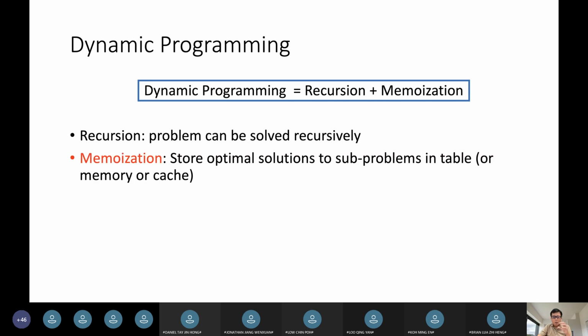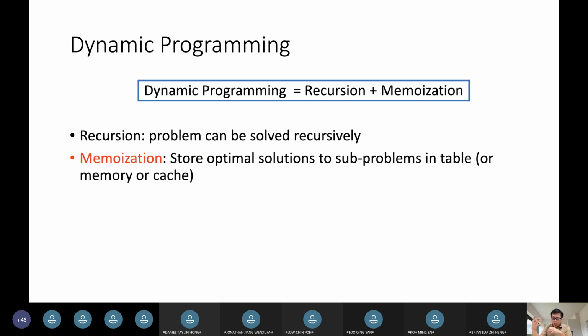So we just store the optimal solution to the subproblem in a table, or we call it memory or the cache, right? And normally in our lecture, we use an array, 1D or 2D, whatever array, to store the solution of the subproblem we found,